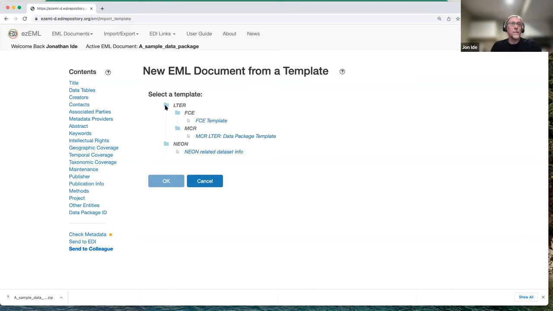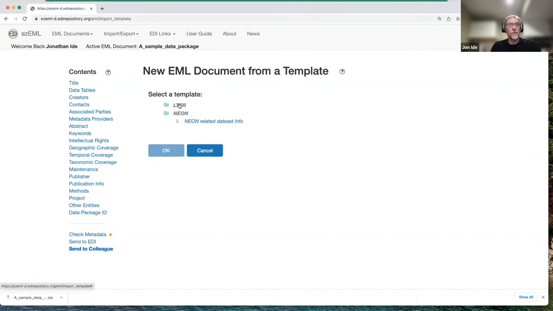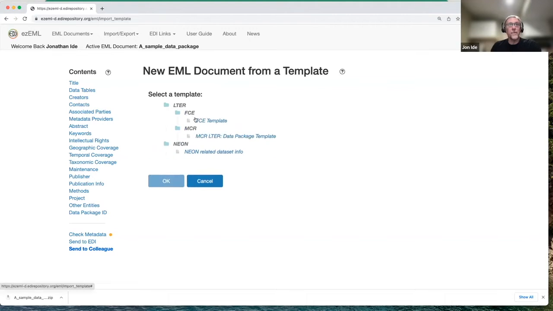And let me just back up a second. This is in a sort of folder structure, so you dig down to get the template that's relevant for your group. So I started with LTER, but went down to FCE, and here's the FCE template. I select that. I say okay. And what I'm about to do is create a new EML document based on this template. So when I click OK,